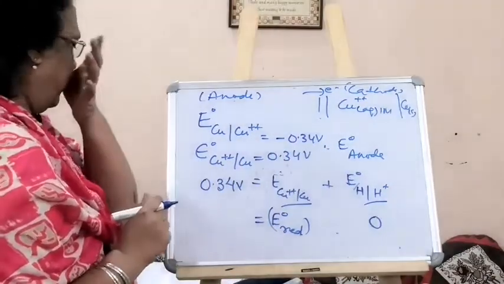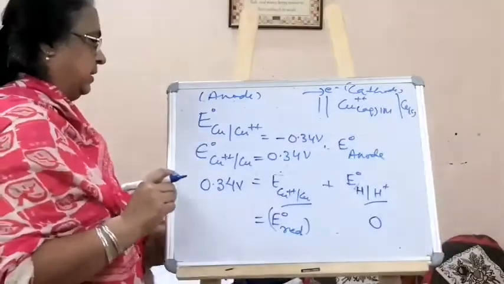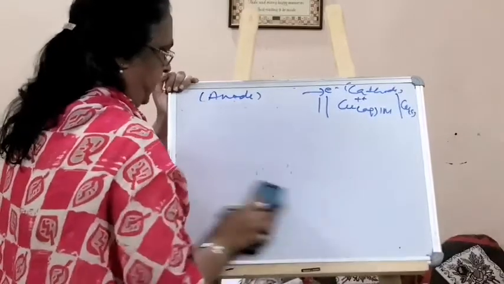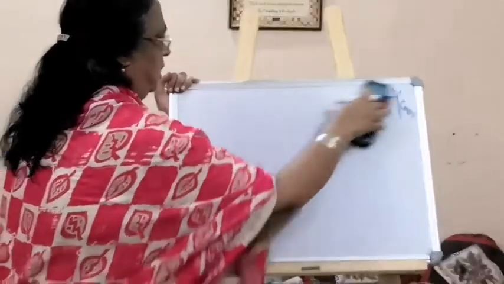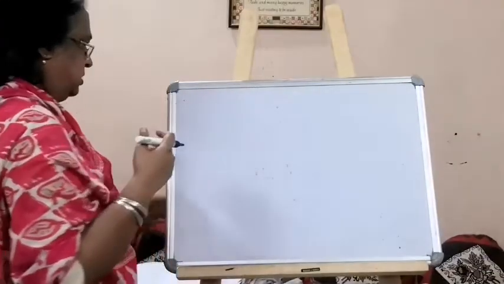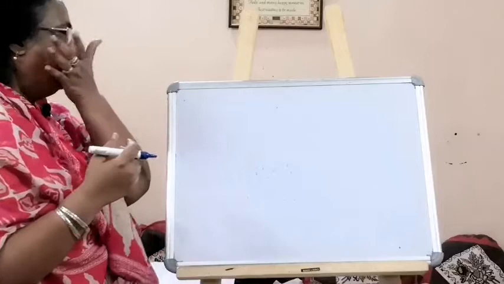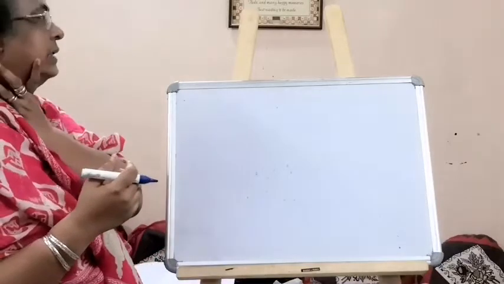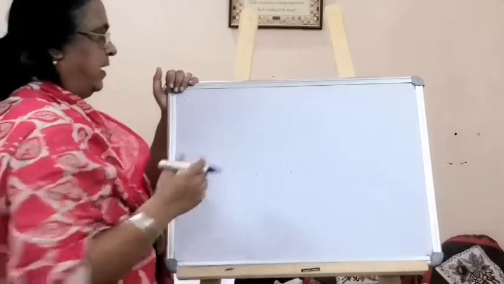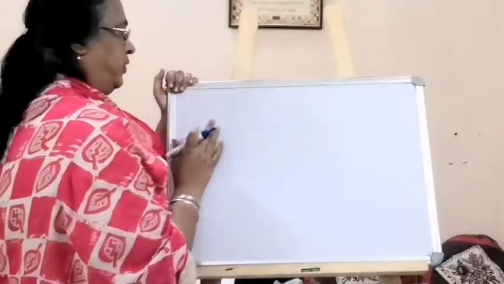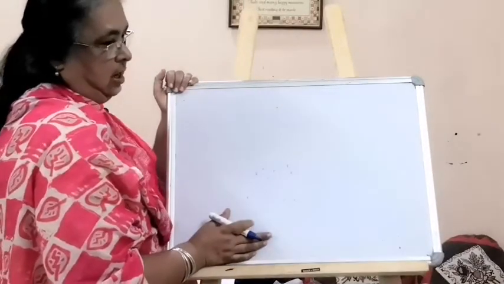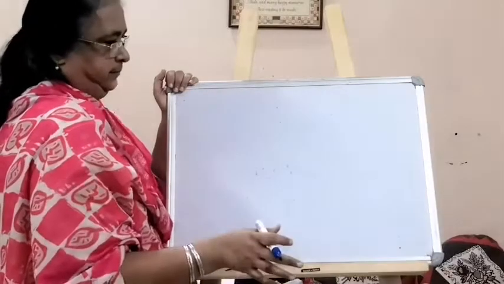So you remember this, and here you have seen how oxidation potential can be converted into reduction potential just by changing the sign. The magnitude is the same. So with the help of this, the reduction potential of one half cell could be found out, of different electrode systems could be found out, and they were arranged in increasing order.